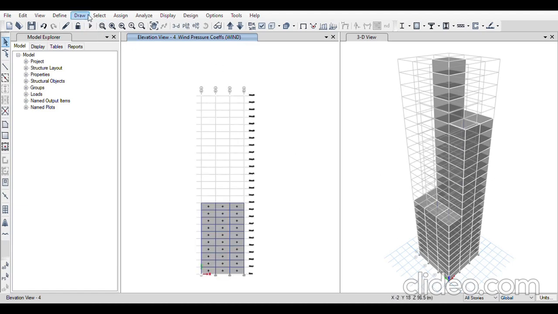I'll go to define load combination. There is no load combination here. I'll go add new.